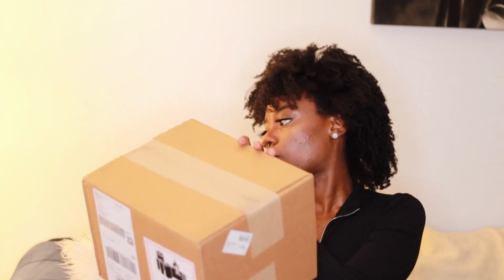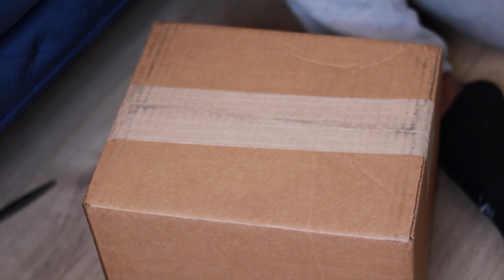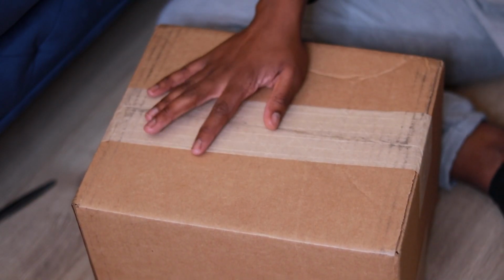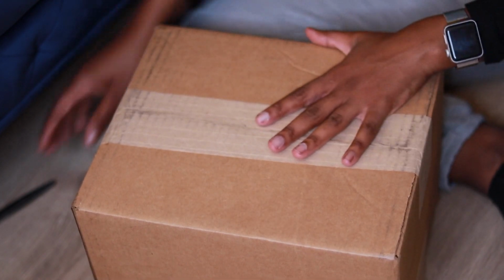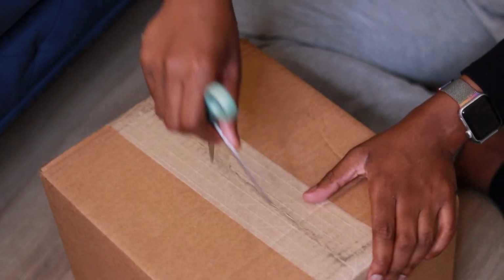So here's the box that it came in. Pretty simple. I got some hand sanitizer for after I'm touching the box because you know Corona is alive and well. Let's get into the unboxing. Okay, y'all, I really hope this angle is not crooked. So here's my box, and yes, I did have on some sweatpants with that crop top because why does it matter? Okay, great. So I'm just gonna